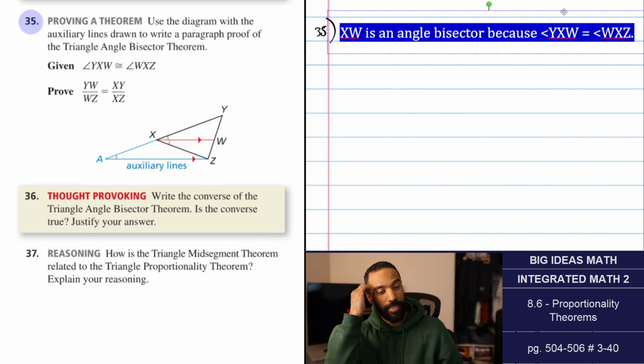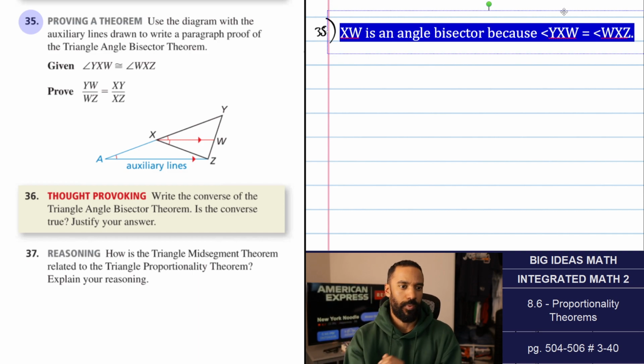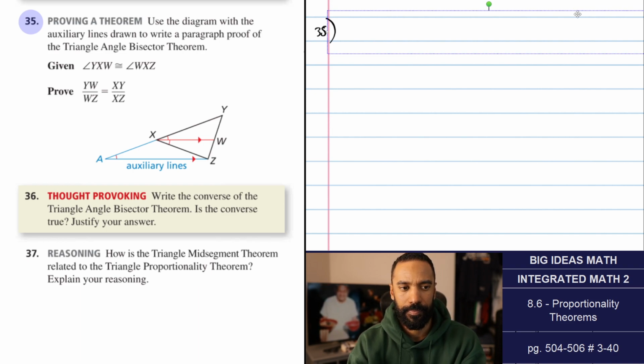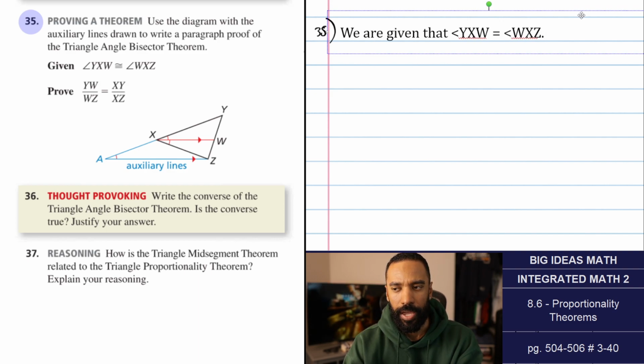I mean, that's the given that leads to this, but I don't think I need to use the phrase bisector for this to work the way that it does. So let's do that again. We are given, I'll say we're given, that angle YXW is congruent to angle WXZ. Okay. Now,